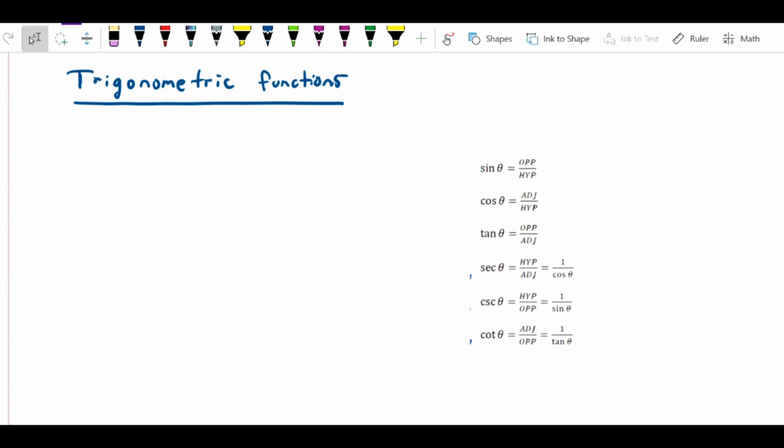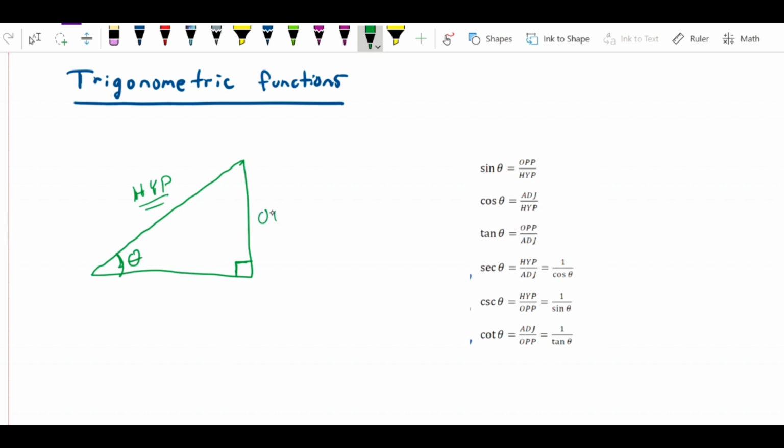We turn now to the topic of trigonometric functions. As you recall from algebra and pre-calculus, the trig functions are based on right triangles. We sometimes call this right triangle trigonometry. So if you imagine a right triangle where the diagonal is of course called the hypotenuse, that's the side that's opposite the right angle, we draw an angle theta here, and we refer to this side as the opposite